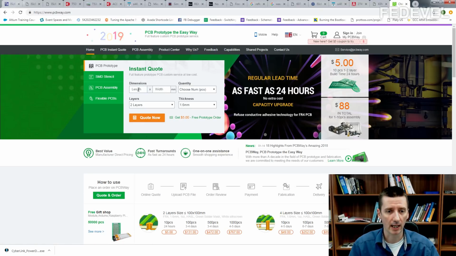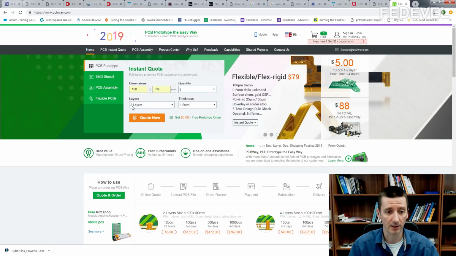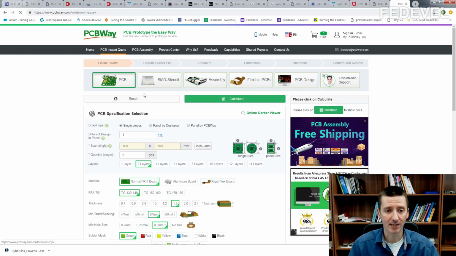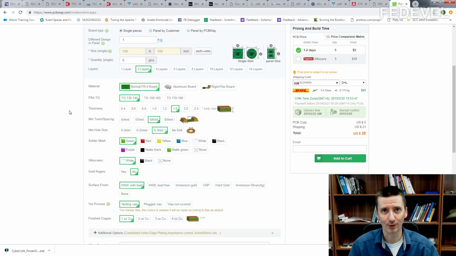Let's say we would like to see the price and the values for some basic PCB like 100 by 100 millimeters, 5 PCBs, 2-layer PCB, quote now. Based on these numbers, we can then decide what kind of numbers we are going to use in our project.